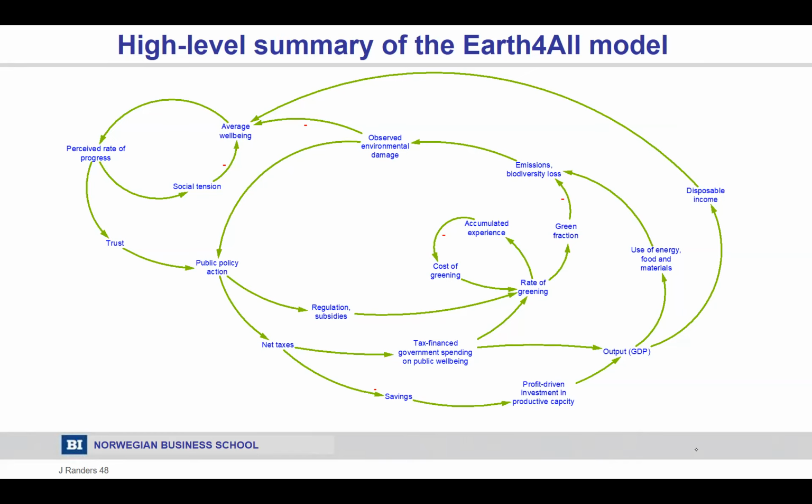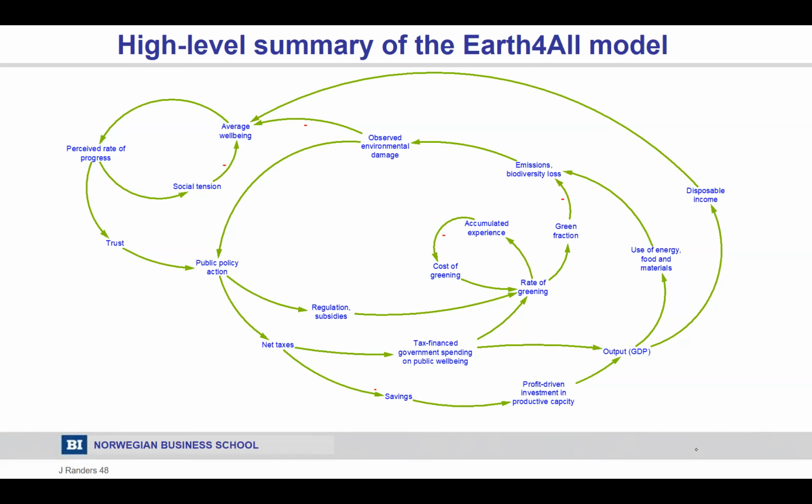come with increased taxes, and that highlights perhaps the most important distinction in this analysis, namely between tax-financed government spending on public well-being on the one hand, and the profit-driven investment in productive activity on the other side. So when you want to make a modern and much more accurate macroeconomics theory, this split between that activity, which is policy-driven, tax-financed government spending on public well-being on one side, and the profit-driven investment in productive capacity on the other side, is important.